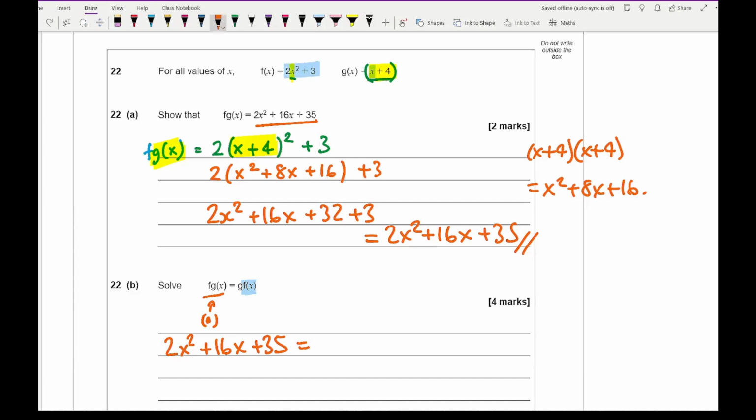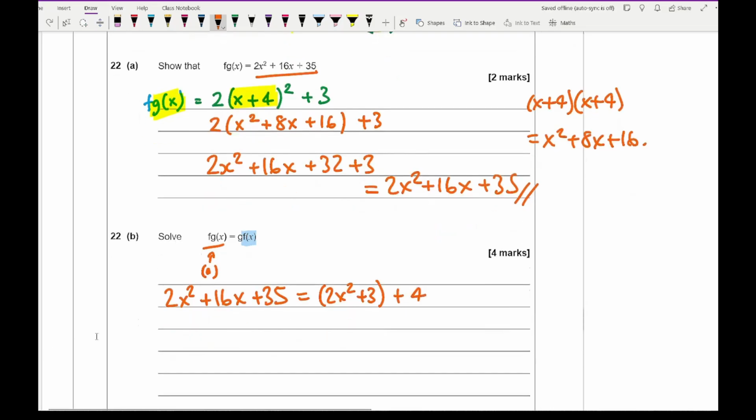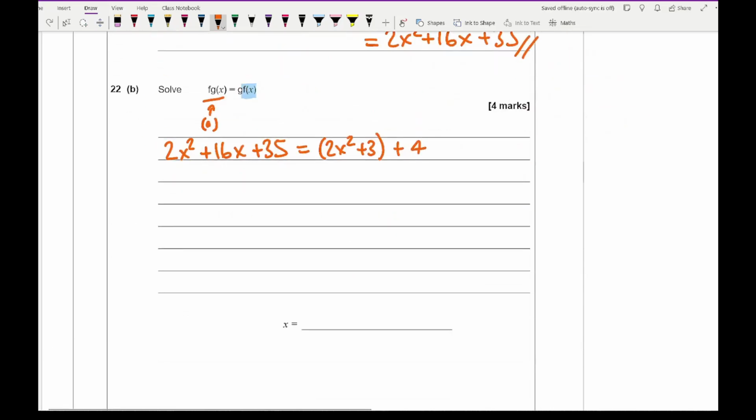So rather than writing x plus 4, I'm going to write 2x squared plus 3 plus 4. Then simplifying that further, let me just scroll down a little bit. So we get 2x squared plus 16x plus 35 equals 2x squared plus 3 plus 4. Now let me just quickly write that out, simplifying it,